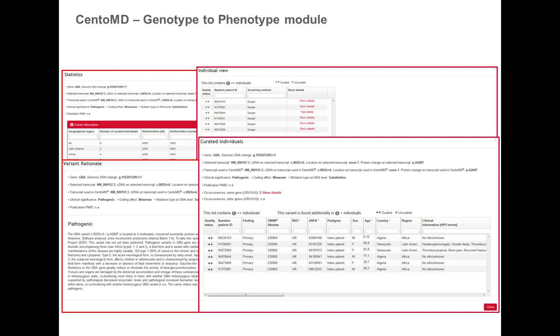So details that you get access to are, for example, how many patients have been seen with that particular variant, the ethnicity of those patients. You can drill into the individual and identify co-occurring mutations with that particular individual. If you want to look at the variant, see how the lab directors at CentoGene classified that and their rationale for classifying that particular mutation. And then also look at other affected individuals that may have that particular mutation. And in many cases, you'll have information on family members as well.